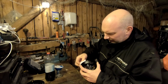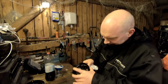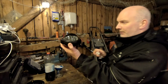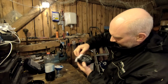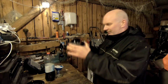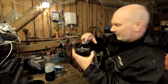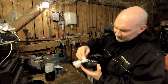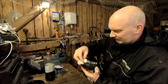Now we can see if there is much of a bubble left. Don't know. No, there is no bubble. But it was all a big waste, because now here is the bubble. So small one on top. This one I could live with, but